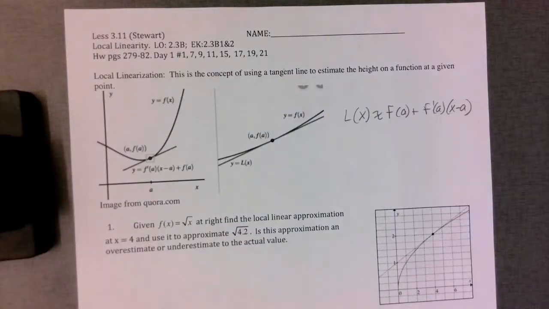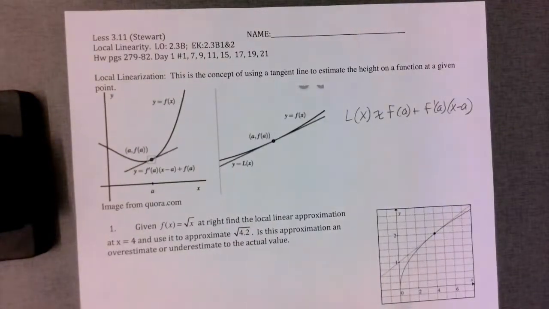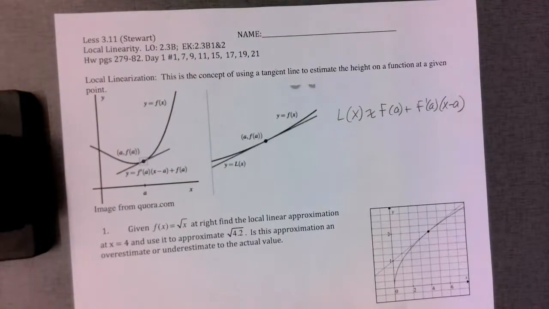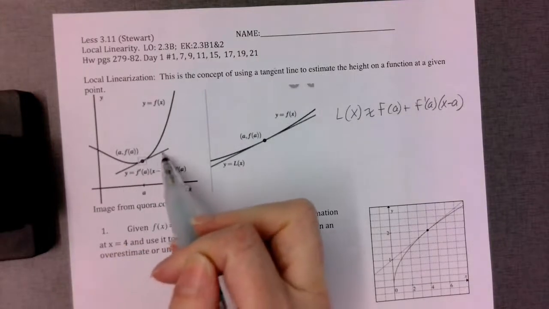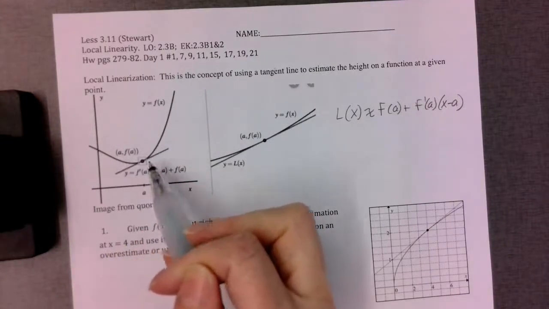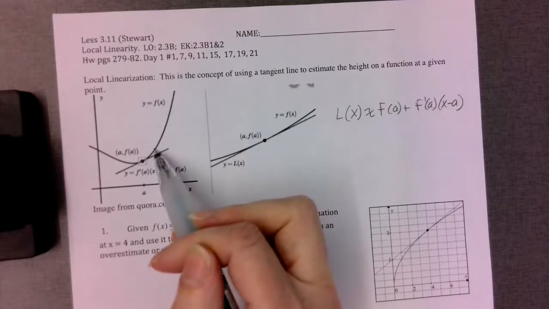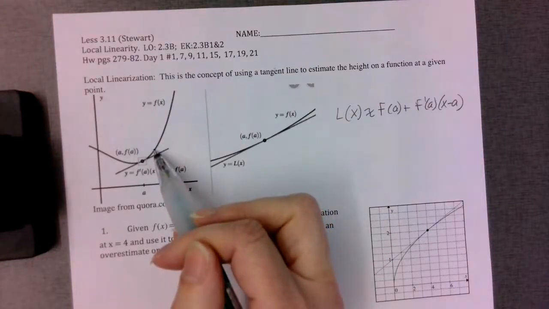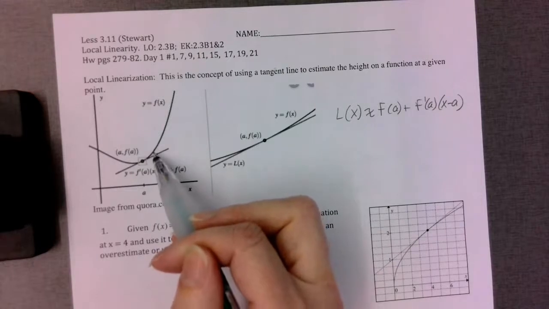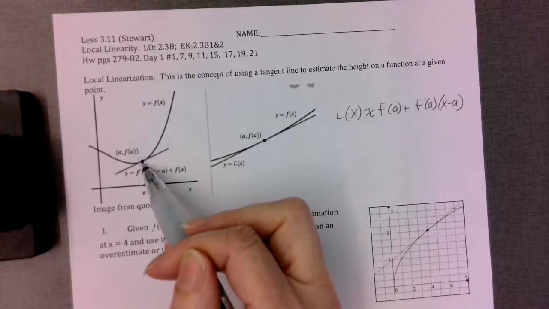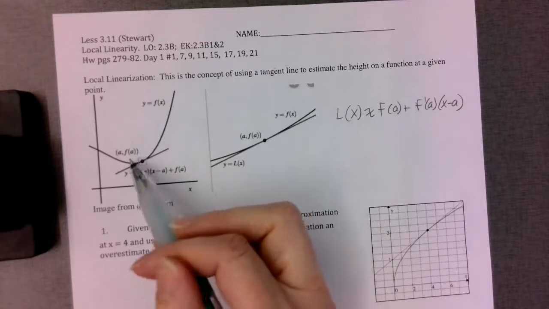Lesson 3.11, Local Linearity. This lesson is about taking the tangent line and using it to approximate values on a particular function. So say I wanted to find the height of the function here. It's a little bit past a. If you plug that into the original function, it's not a nice number. So what this section is all about is looking for a nearby number that is easy to evaluate